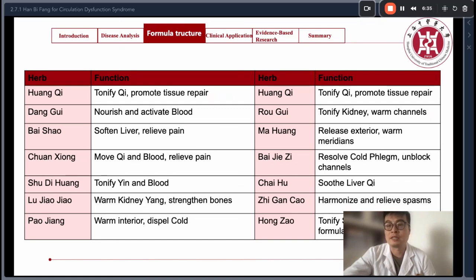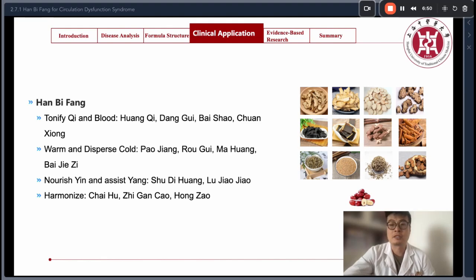Fourth, harmonize. 柴胡 helps prevent internal imbalance. Fifth and last, open the meridians. 麻黄 and 白芥子 get things moving. It's a great example of treating both the excess pathogen and the underlying deficiency, making it suitable for long-term stubborn